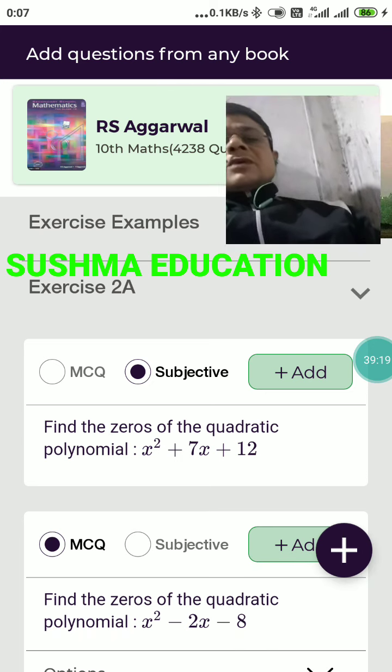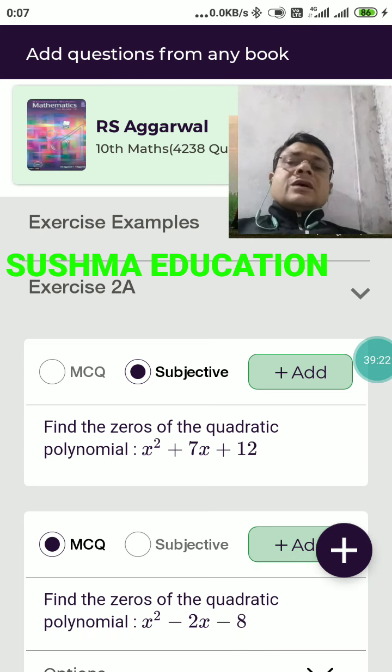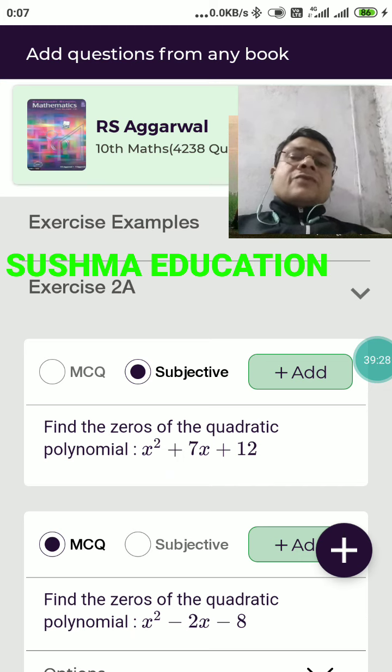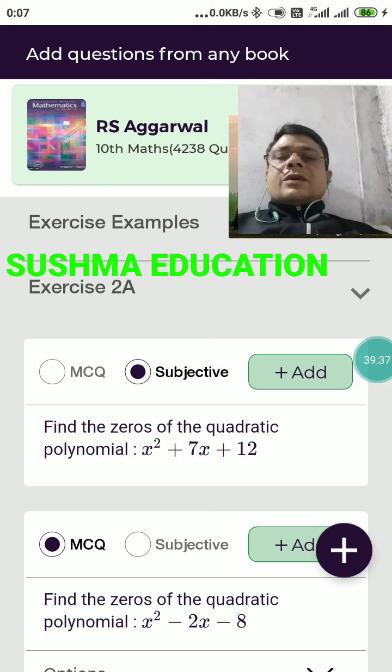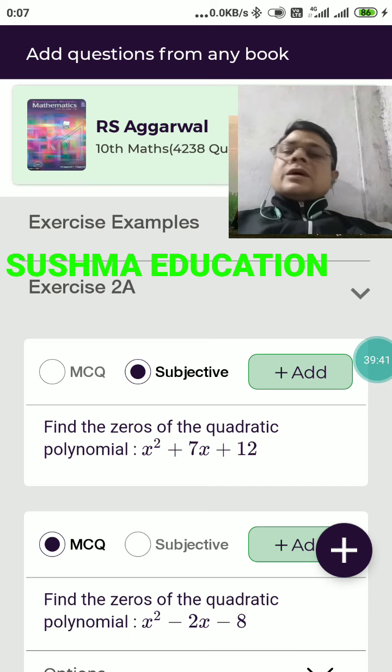Now you must have a question in your mind: how will students answer if the question is subjective? It is a very fantastic app. Students just have to write the answer on their answer sheet, that is, the copy,